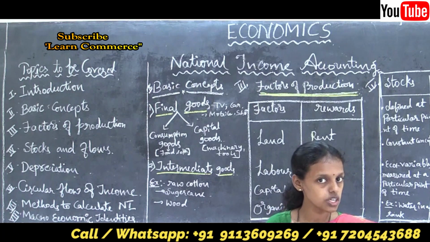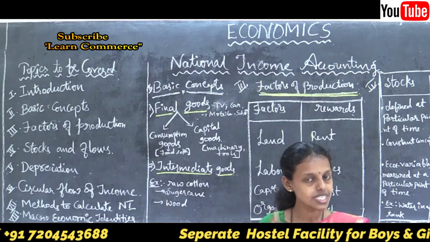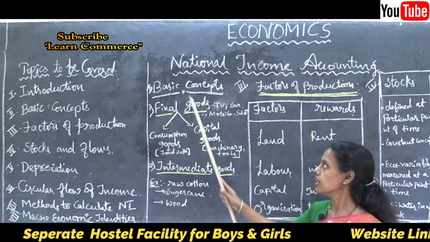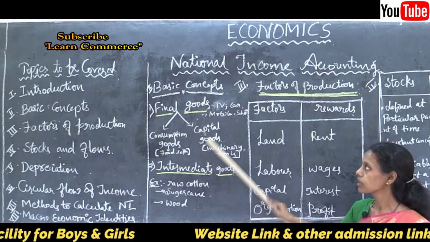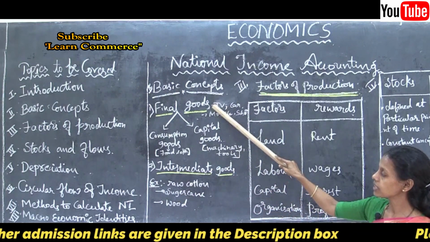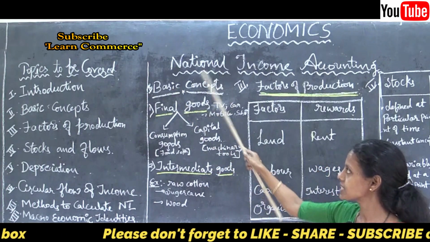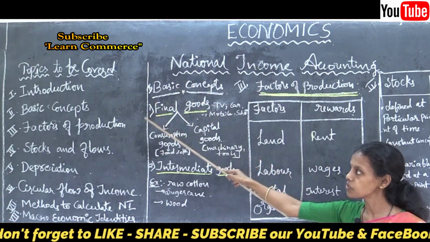But final goods are not like that. There is no further process of production, they are just meant for final use. Those final goods and intermediate goods are the basic concepts included in